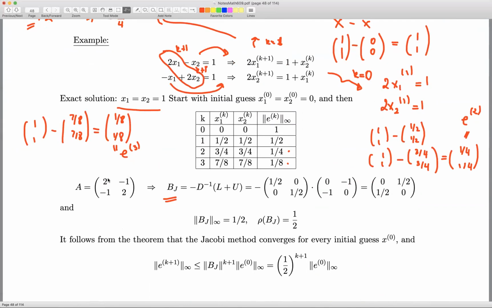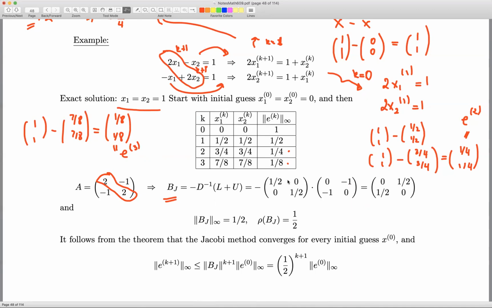The matrix D is a matrix on the main diagonal. So the inverse, as we discussed, is the reciprocals of the elements on the main diagonal. So it will be 1/2, 1/2, and then 0, 0. We have the negative sign in front because we have it here. And then L plus U, basically this is the matrix A if you take away the main diagonal, which is this. And once you do the multiplication of those two matrices, you will see that this term